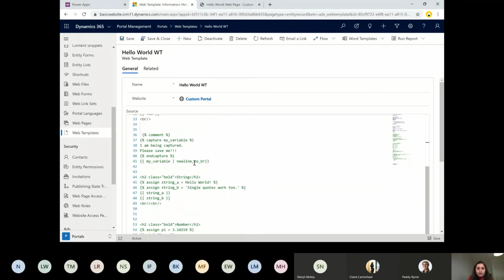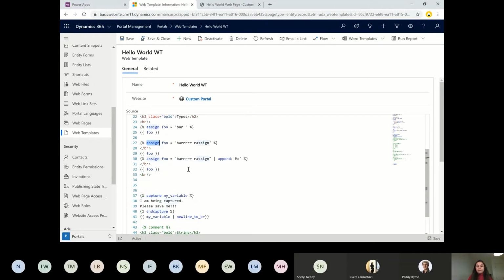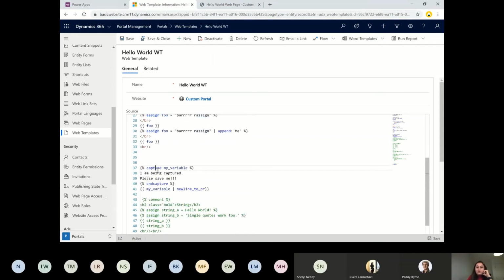So let's move ahead with some different types of variables. The first one is capture, which we also saw along with assign. Assign is the normal variable. Capture is not used that much, but this is how it's used: you write the capture syntax, and then your custom name, whatever you would like to write, my variable.